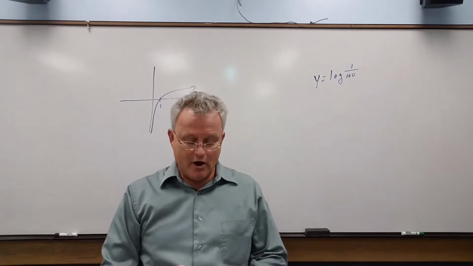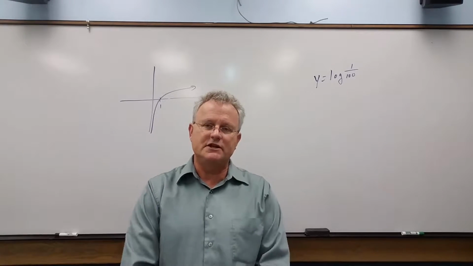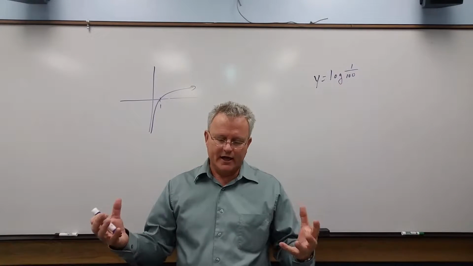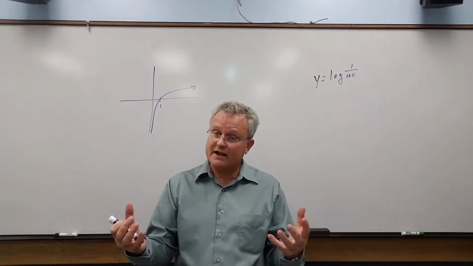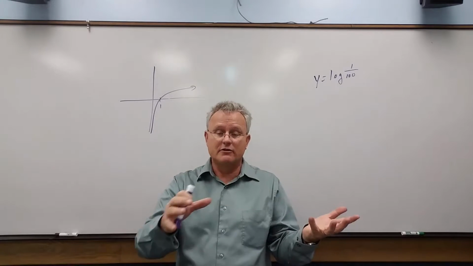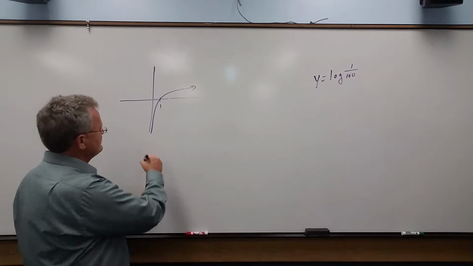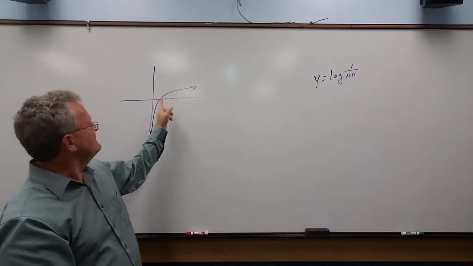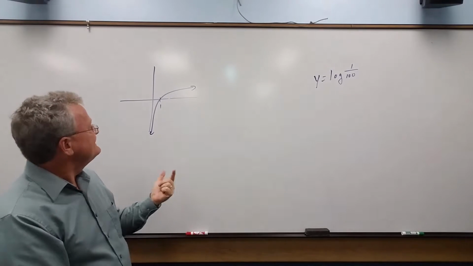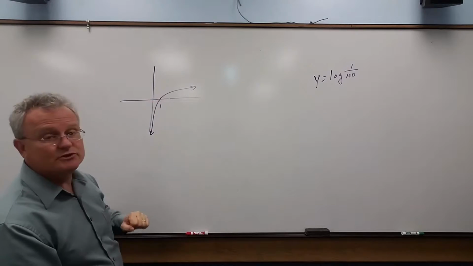When I introduce the graph of the logarithm, we can relate it to its inverse, e to the x, but I don't really do it that way. I do drive home the fact that e to the x, or 10 to the x, or exponentials in general are the inverse function for log. But what I want to drive home is the domain is any number greater than 0. That's the first thing. Second thing is that when we have the log of a fraction between 0 and 1,